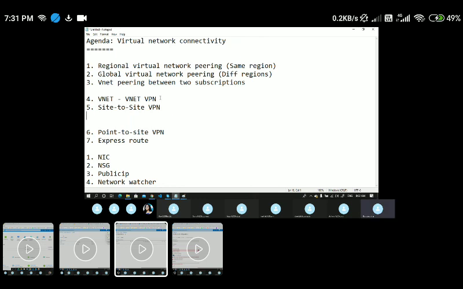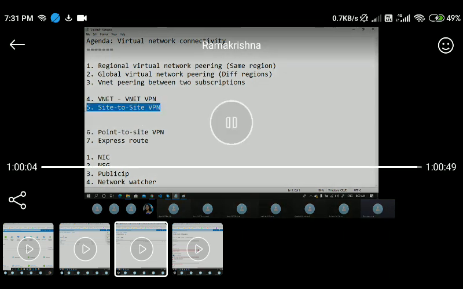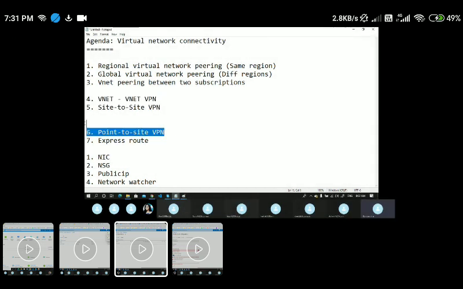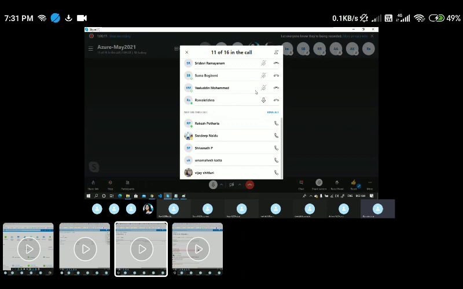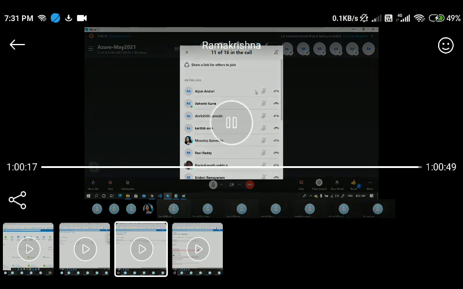Fine. So for today, I want you to do the VNet-to-VNet VPN configuration and the point-to-site configuration. Site-to-site you will not be able to do because you do not have an on-premises setup. These two are the practice for today. I'll be sharing the document. If you have any questions, we'll see tomorrow, and I will be stopping here. If you have any question, I can quickly answer. If not, let's catch up tomorrow.